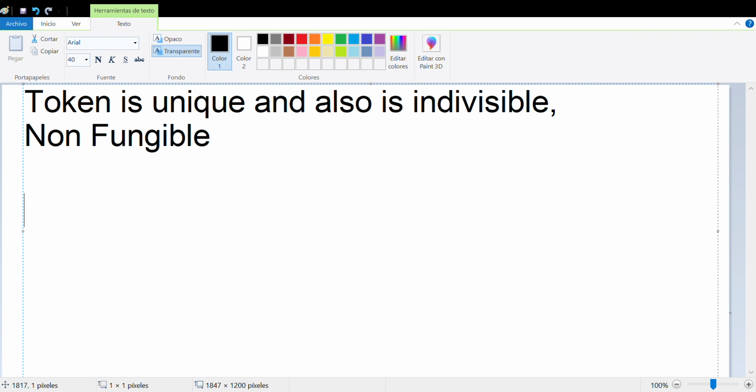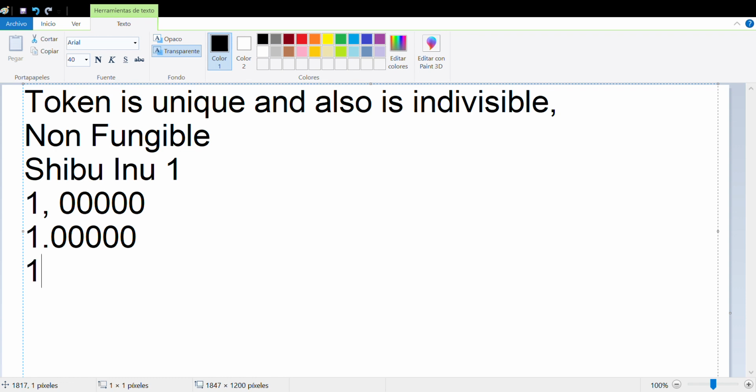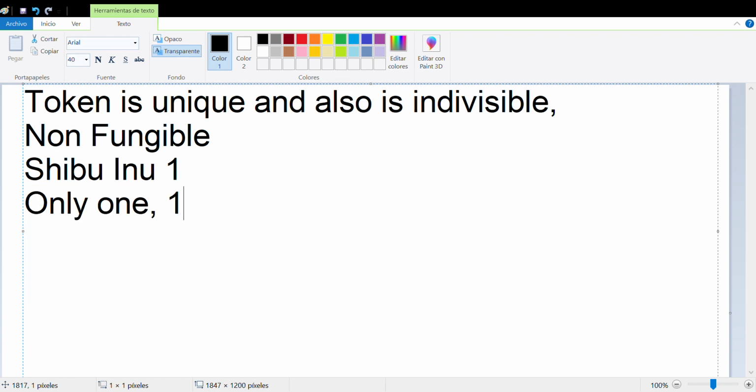So for example, if I make a Shiba Inu and I only make one, there is only one. That's the point of this.